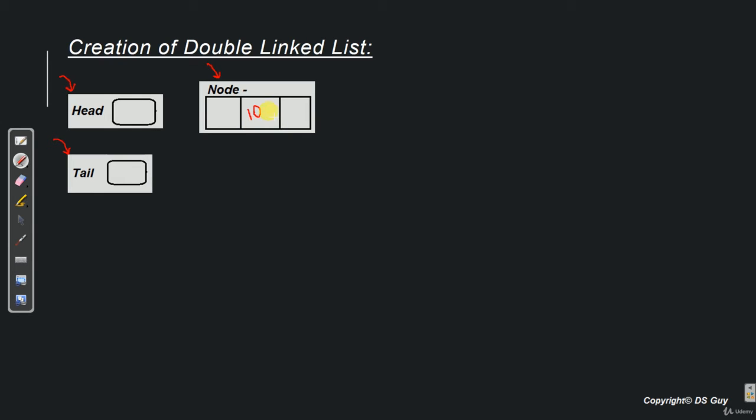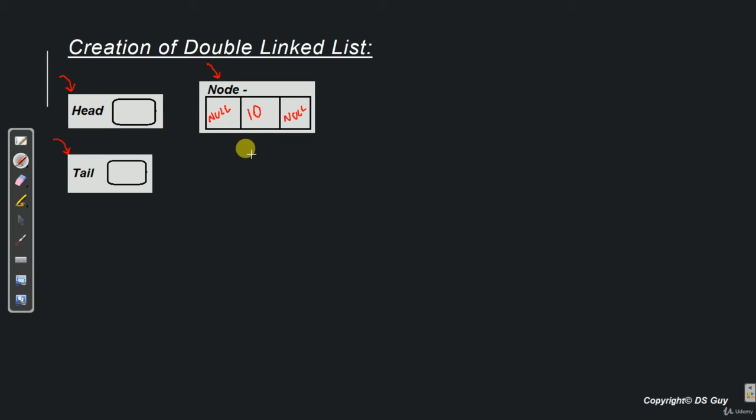Now since this node is the first and the last node in the list, the next reference should be initialized with null. Similarly, the previous also should be initialized to null because there is no other node previous than this, as this is the first node.